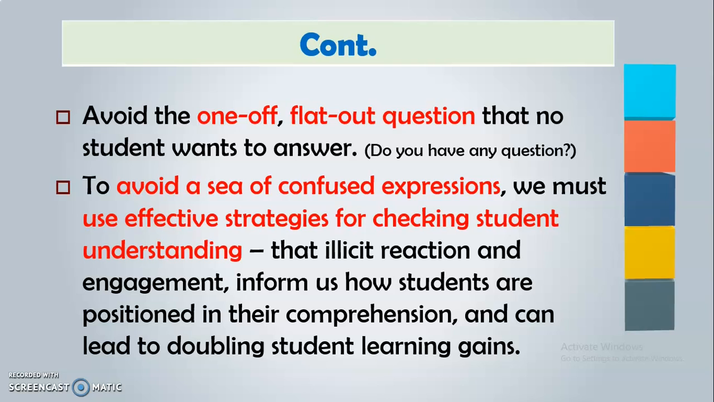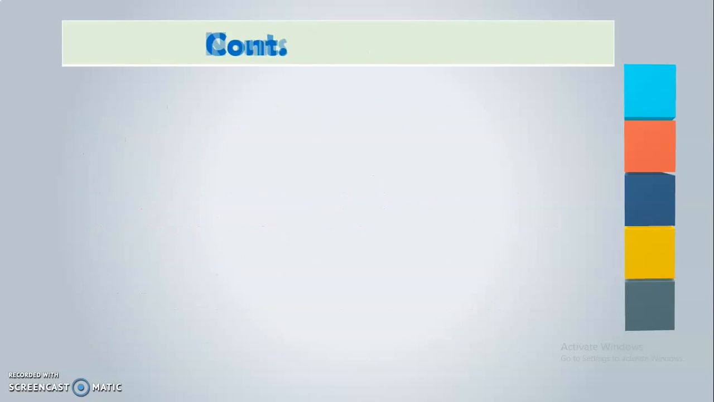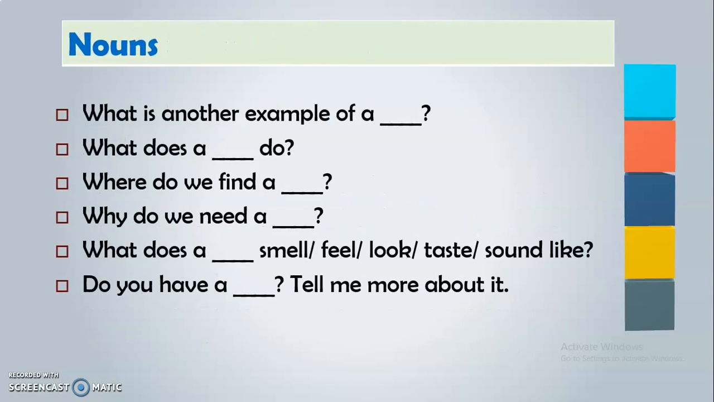So to avoid a sea of confused expressions that we have seen in the beginning, we must use effective strategies for checking our students' understanding. And that can elicit a reaction, and engagement can be gained by using these strategies. It can inform us how our students are positioned and their comprehension, and finally, it can even lead to doubling students' learning gains. So the first strategy that you can use as an additional bonus I can give you is